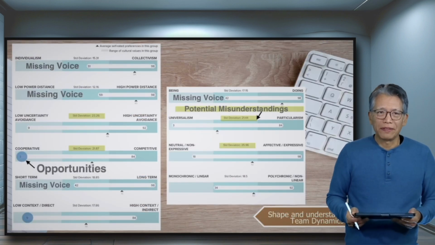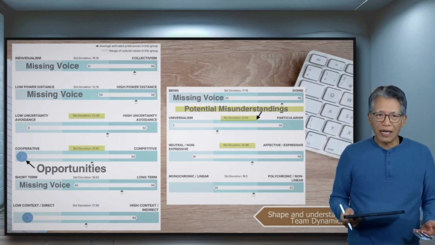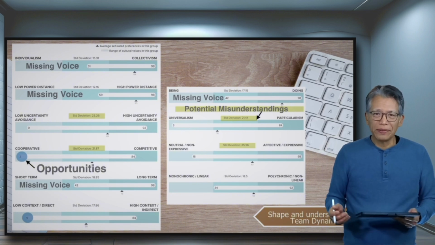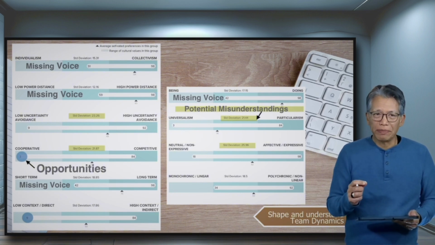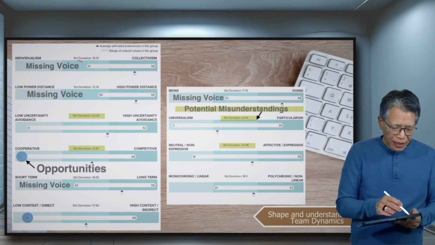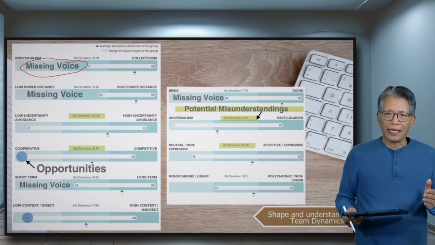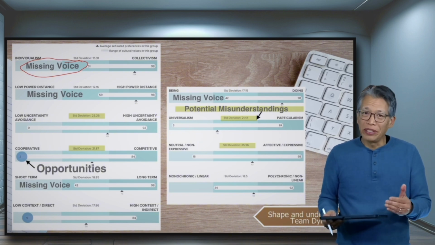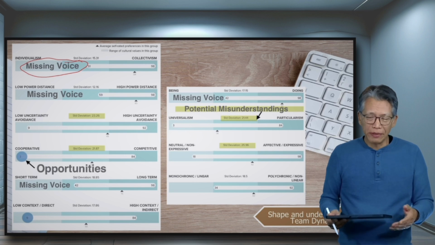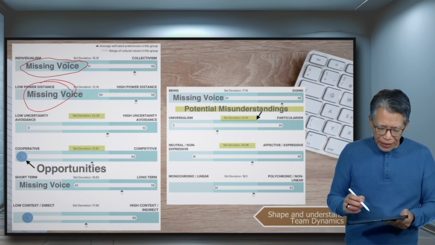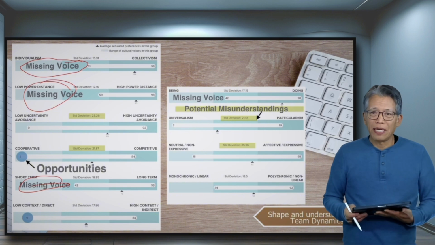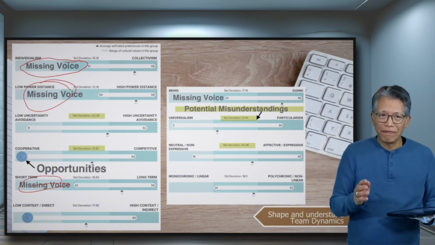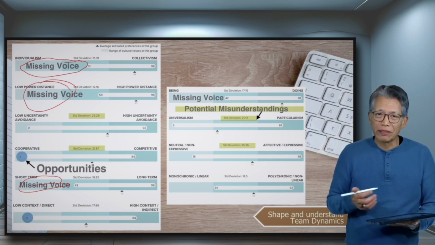And of course, another powerful aspect is the cultural values piece that's provided to you in the group report. It shows how your team is being shaped over time. If you're missing voices from your team, you can think about how to represent that voice. Who do we need to hire onto this team or start recruiting from this team that might provide you with the voice that you need across these different aspects of the cultural values and behavioral preferences? I've seen teams completely reshape their effectiveness by simply using these group reports.